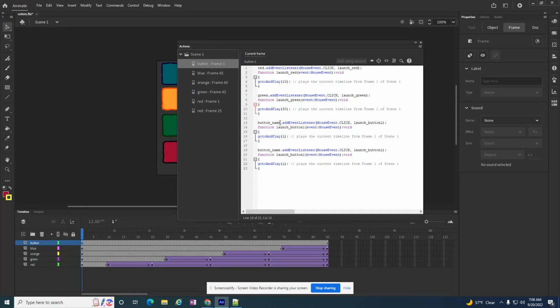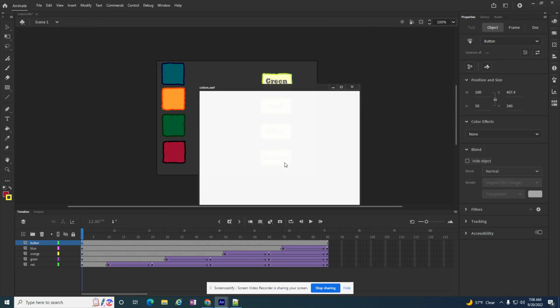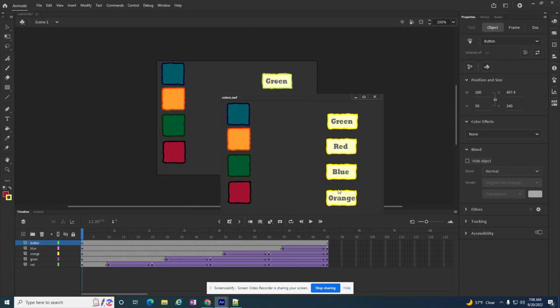And then I would go ahead and do orange. And keep making the changes the same way for each button, which starts at 50. And blue starts at 70. And if I test it out now, so I'm just hitting Control Enter to test it out,